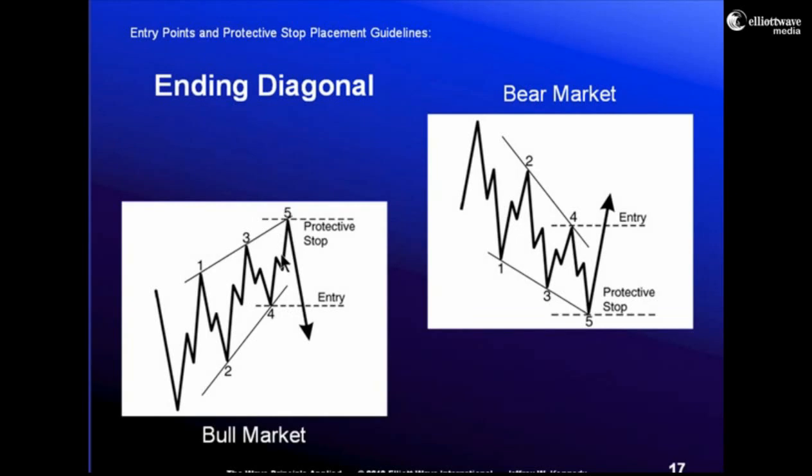So if you're a very aggressive type trader, then what you may want to do is begin taking on a short position as wave 5 develops with a stop just above the point at which wave 5 becomes shorter than wave 3. Now, if you're moderately aggressive, moderately conservative, you may want to wait for a break of the trend line, which connects 2 and 4. But again, I'm much more conservative with my trading style, and I want to see the extreme of wave 4 give way before I actually do anything.